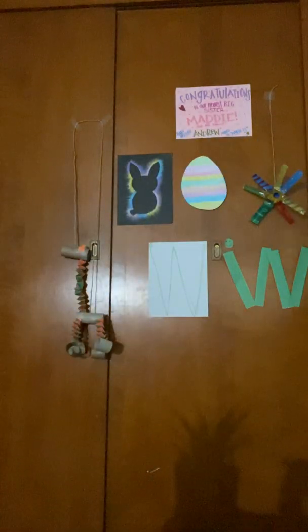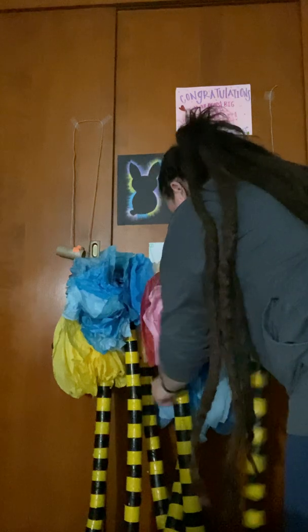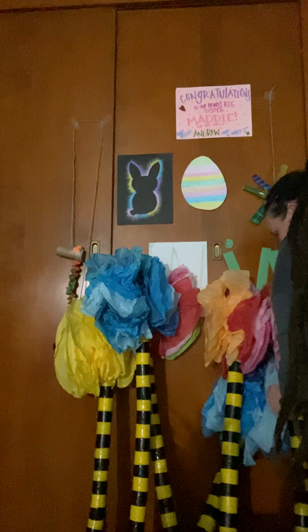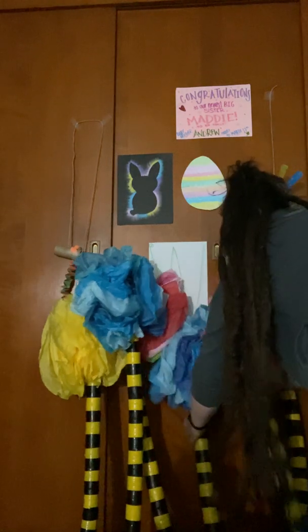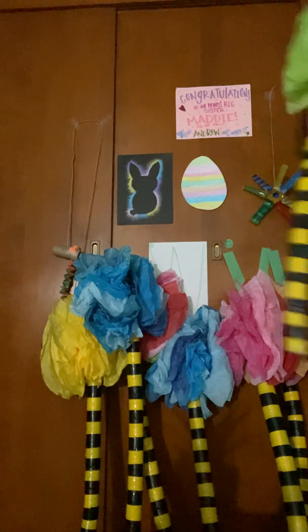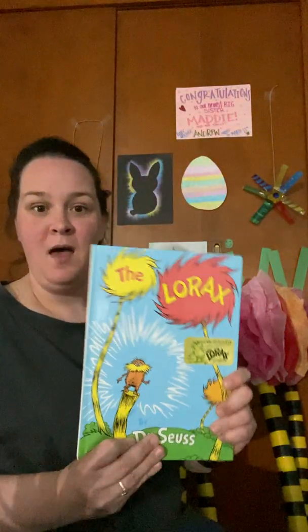Okay, so I have one of my favorite books and I have some props to use. I'm gonna put them up behind me for you guys. And I usually bring these into school so we can do the book together. These are my Trefoil-a-Trees. Now let's try and keep them up for right now. They'll go down later, but I have all my Trefoil-a-Trees here, you can see, and I'm going to read The